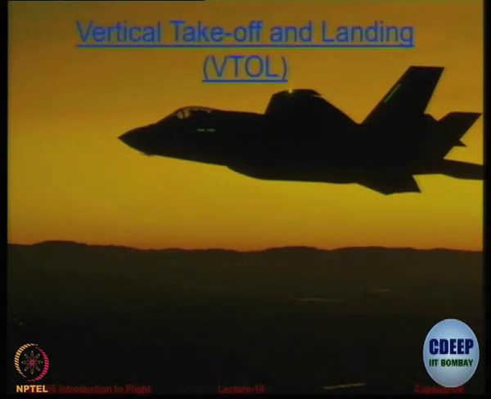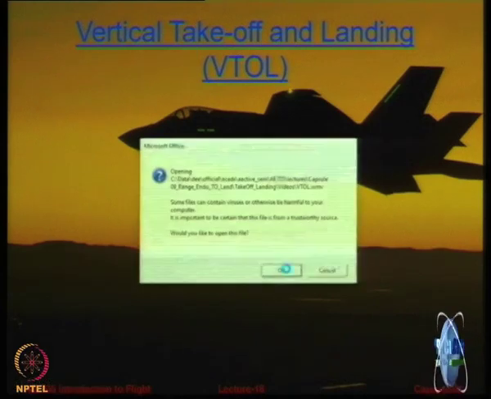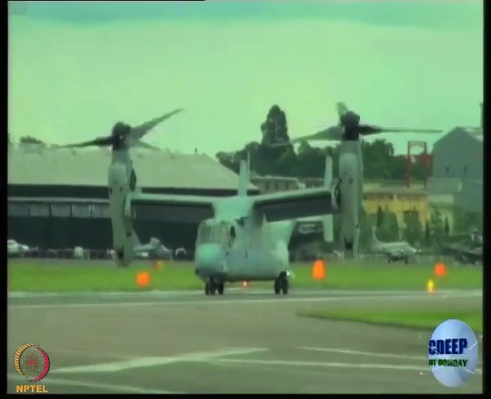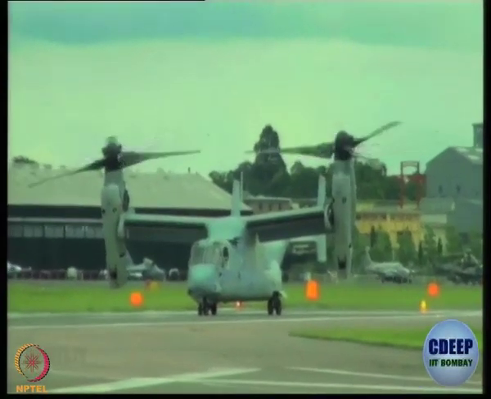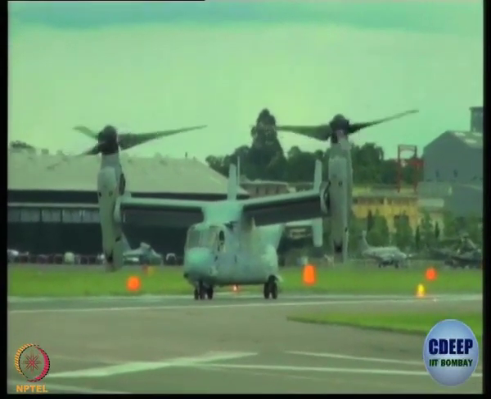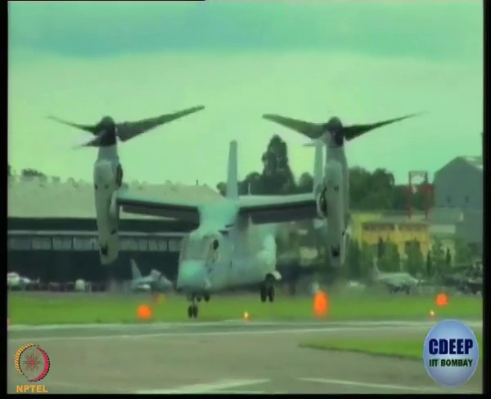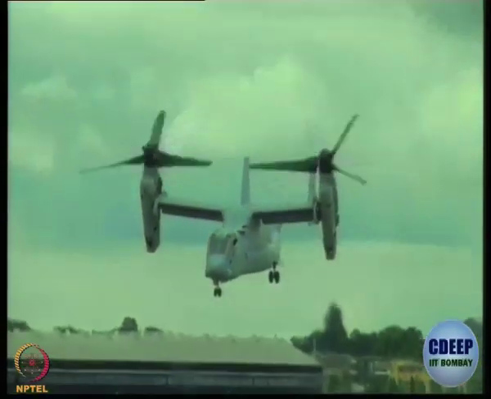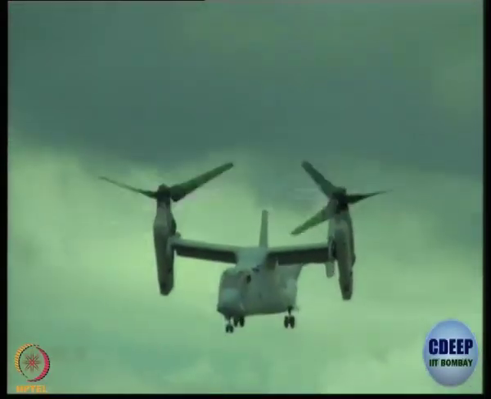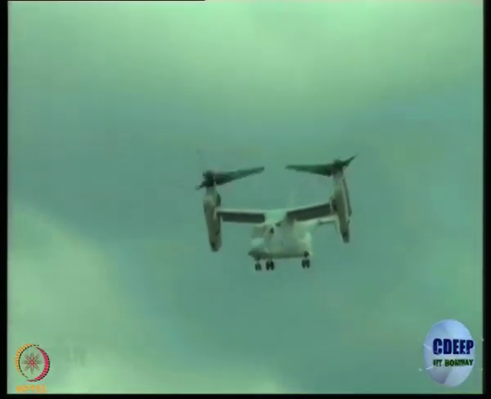Okay, now let's look at vertical takeoff and landing, for which there are examples available both from either a tilt rotor like this. Can you identify this aircraft? Which aircraft is this? Nobody knows?